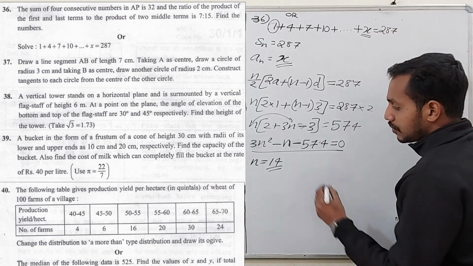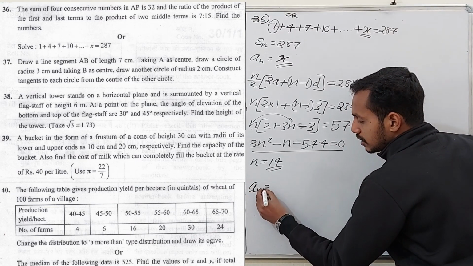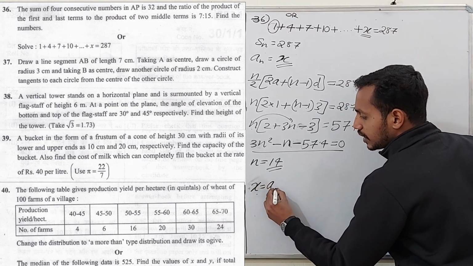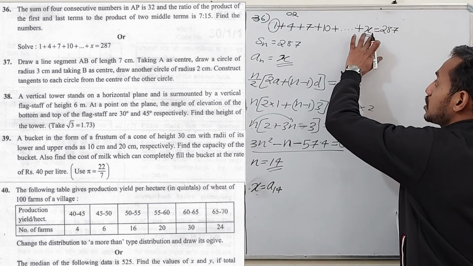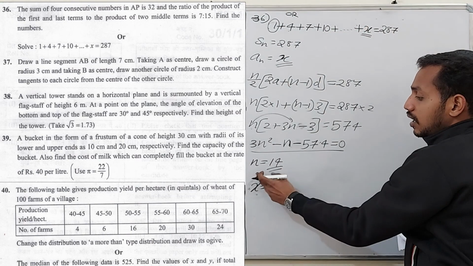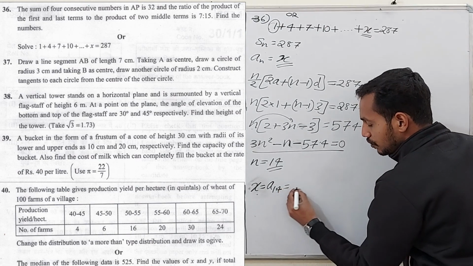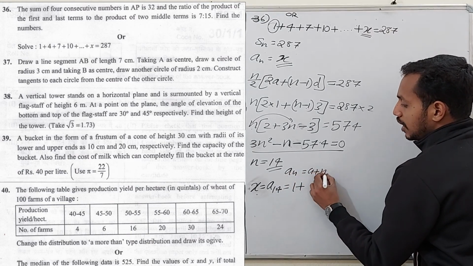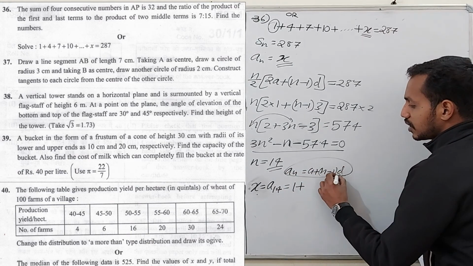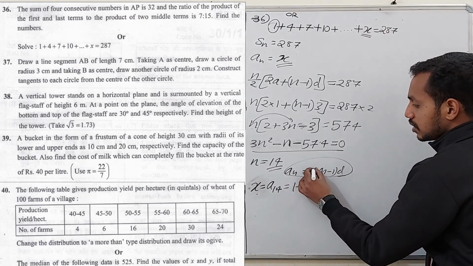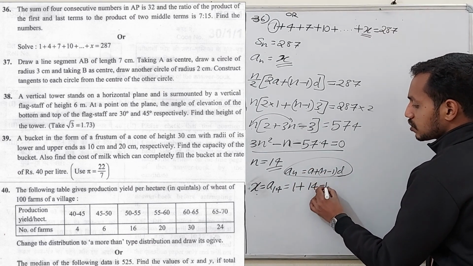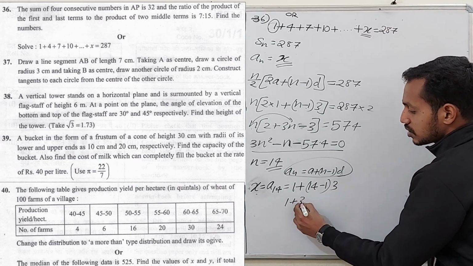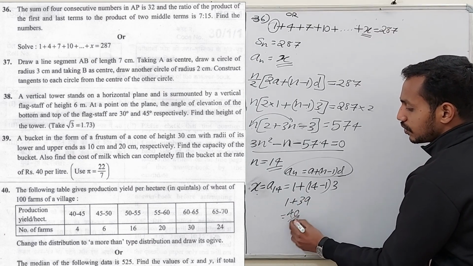Then come to the an formula, where we have to find that x. Okay, so x is the 14th term we have to find, that is n is equal to 14. x is the last term, which means x is the 14th term, which is equal to a plus... The general formula is an equal to a plus n minus 1 into d. In this formula we are going to substitute the values. So 1 plus, a is 1, n is 14 minus 1, into d is 3. That is 1 plus 14 minus 1 is 13, 13 into 3 is equal to 39. That is equal to 40.